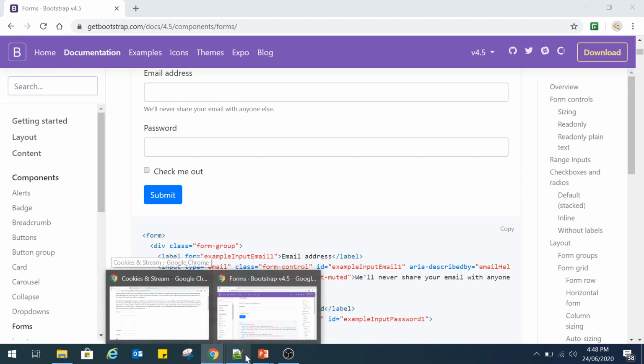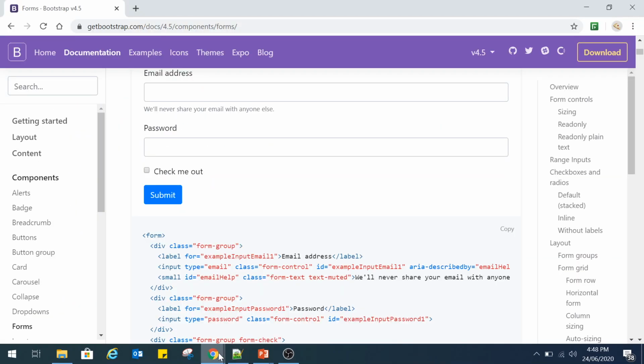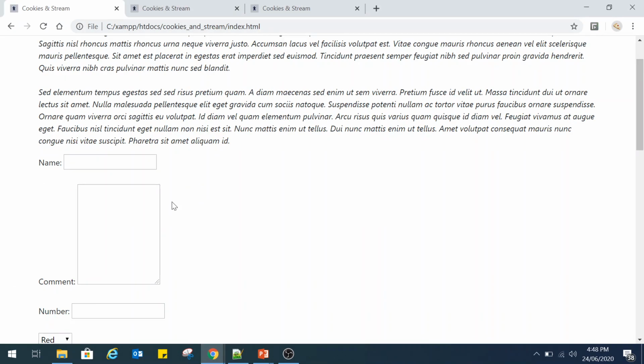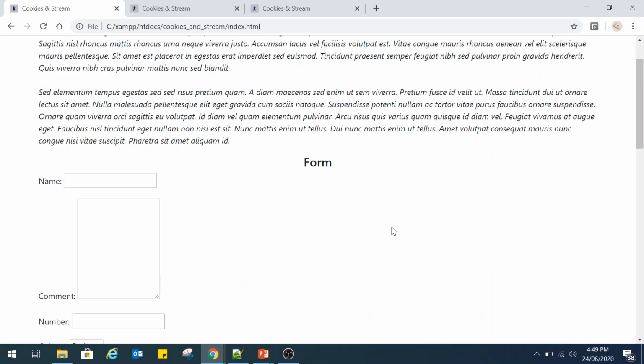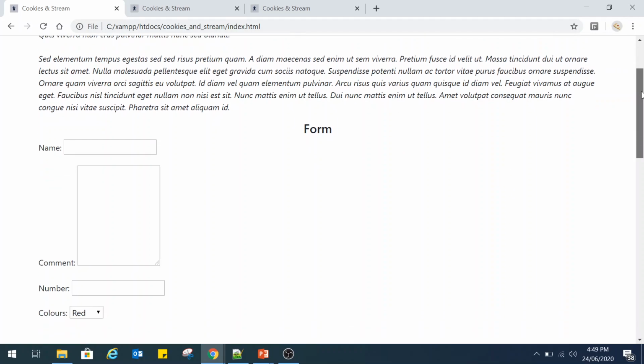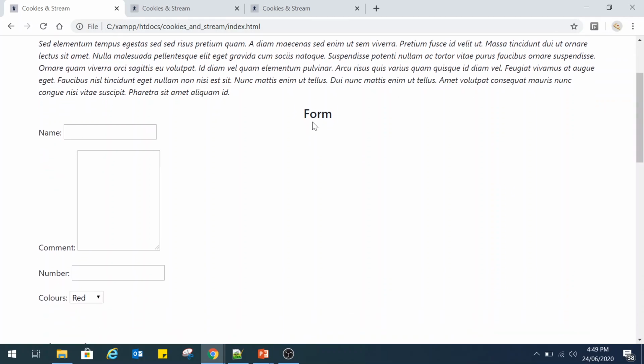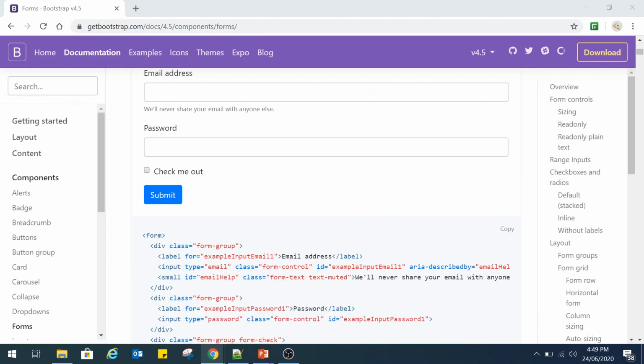Cool. So we've saved our work, right? If we go back to our site and save it, we can see here we have our justify content center, our heading, which is cool, and our form still looks the same, even though we've applied some Bootstrap to it. So the only thing missing now is that we need to add the form input class to our input controls. So if we go back to the documentation,